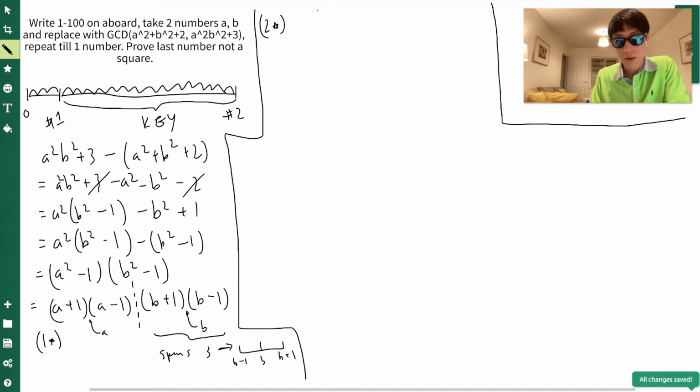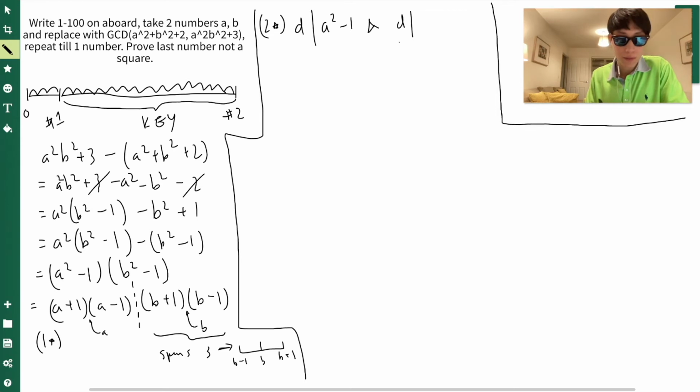Imagine you have any factor, d, which divides both the a side and also the b side of 1 star. If this happens, and it's also a factor of both of the functions, so d is also dividing the GCD,